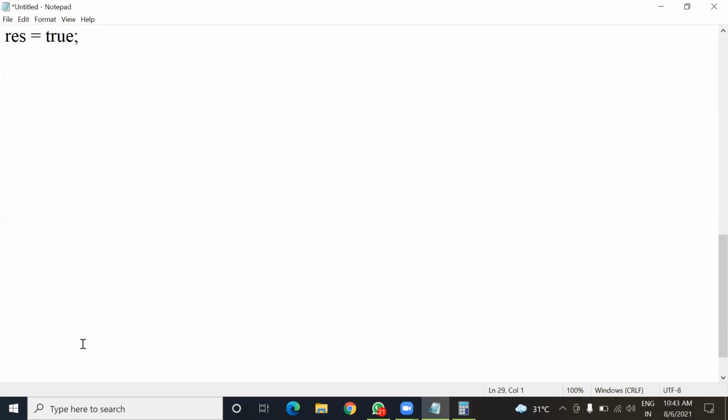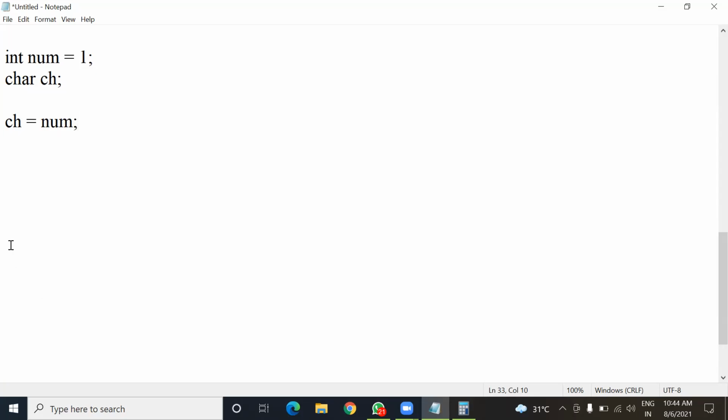Now, here I am going to type certain code fragments like int num equals 1. Okay. Now char ch, and here I'll write ch equals num.